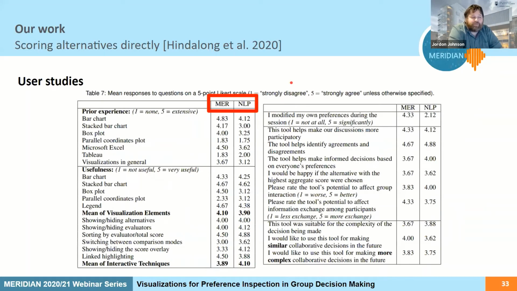We obtained preliminary evidence of utility with two user studies. The first was with MERIDIAN staff, who were very accommodating. And the second was with the natural language processing group at UBC Computer Science. And there are a number of conclusions that we drew from this, a number of insights that we gained, but I'll just take you through a